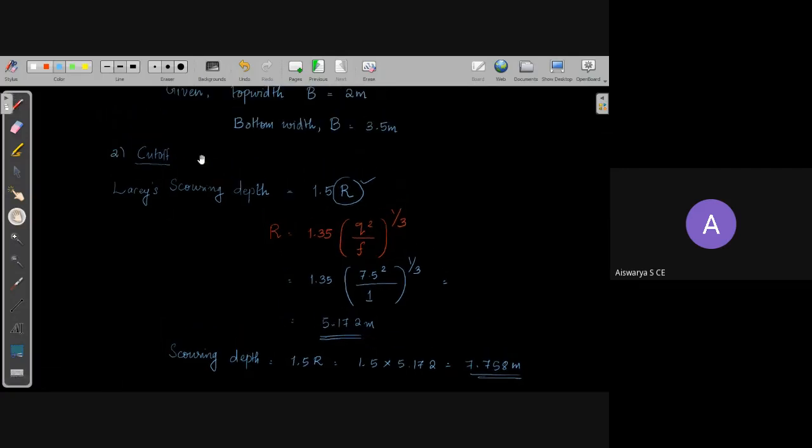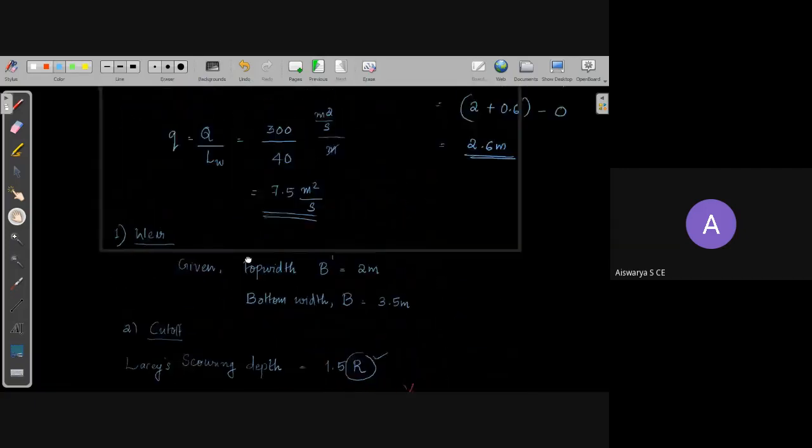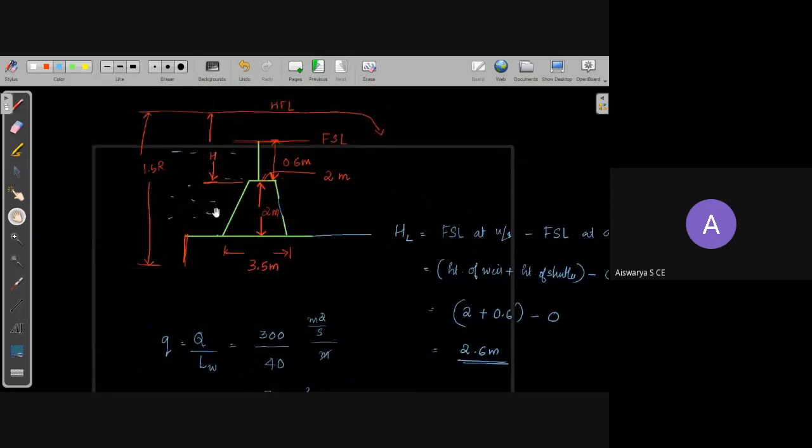From this we need to get the depth of cutoff. What is the equation, how can we get the depth of cutoff? This is the depth of cutoff. I'm just denoting it as DC. It is not a common way, just for your understanding I'm showing this as DC, or depth of cutoff. So we have got 1.5 R. From this, if we subtract H and add the height of weir, we'll get the depth of cutoff. The height of weir is already given in the question as 2 meter, but we don't know the height, this H value.